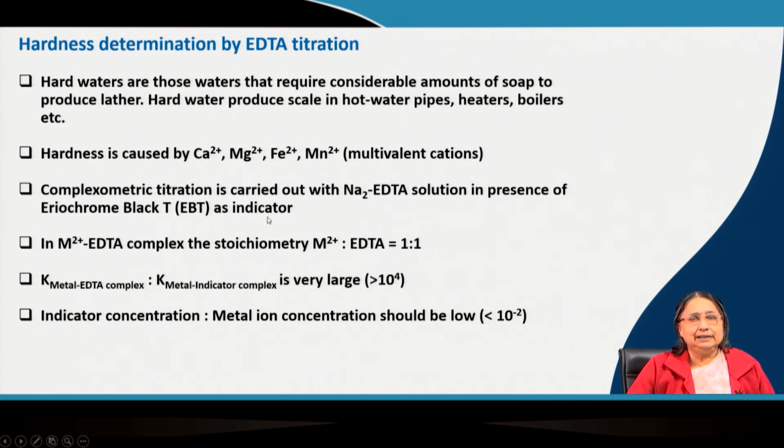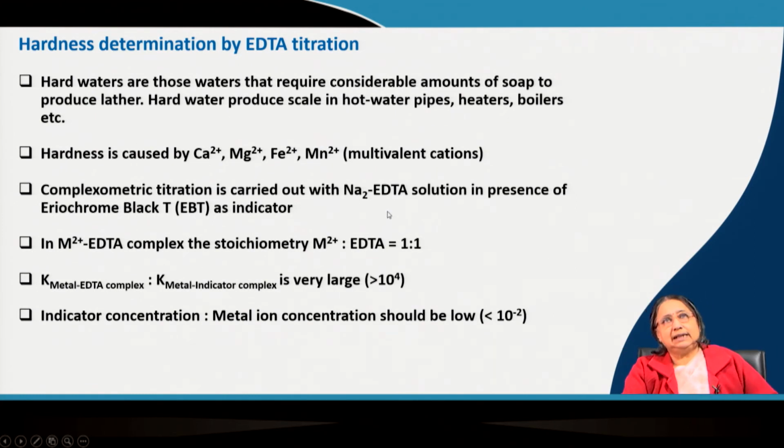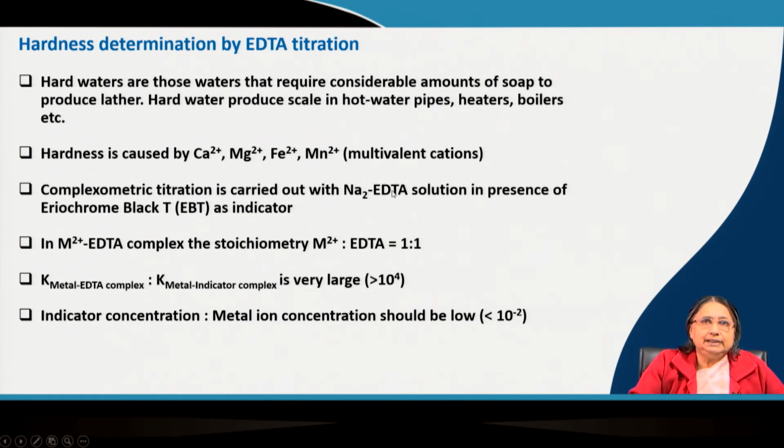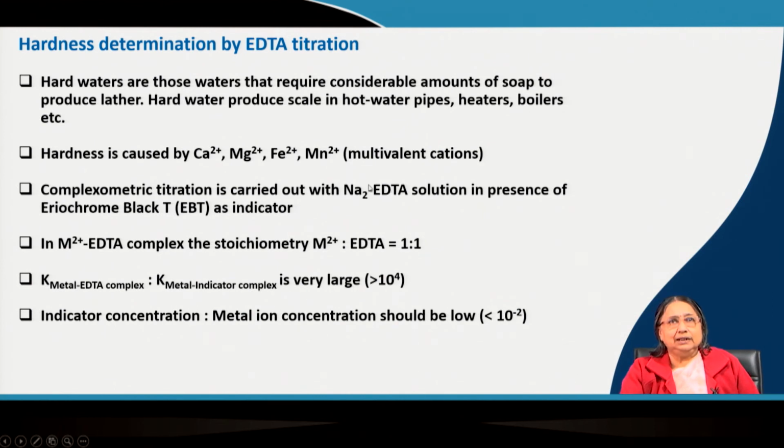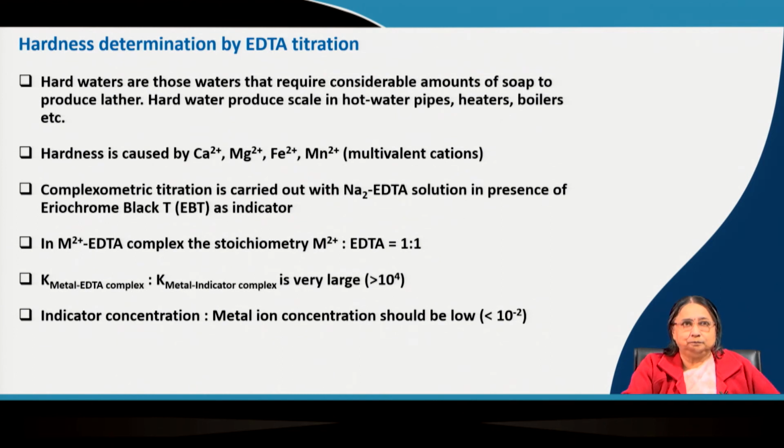Now, what color do we initially see? It is the color of the complex formed between a few ions of calcium magnesium with the EBT. That means, EBT has blue color, but when it complexes with calcium magnesium ions, then it becomes rose red color. So, initially in the start we see the rose red color. We start with EDTA. Now, what will happen? EDTA is a very good complexing agent. So, it complexes with the free calcium magnesium ions present in the conical flask, that is sample water.